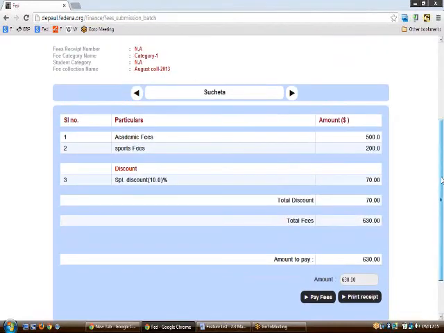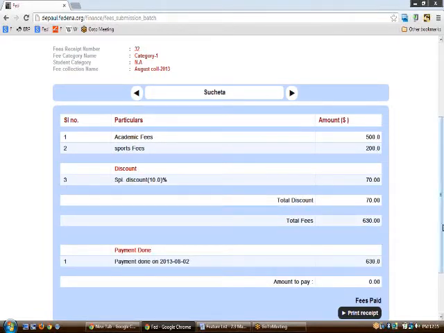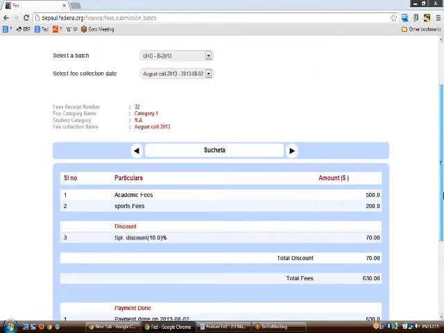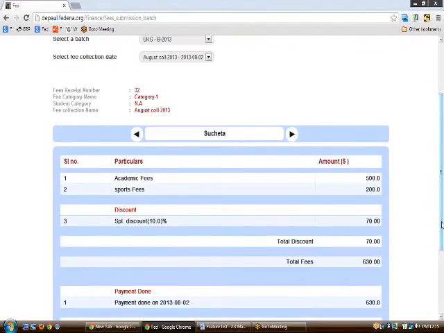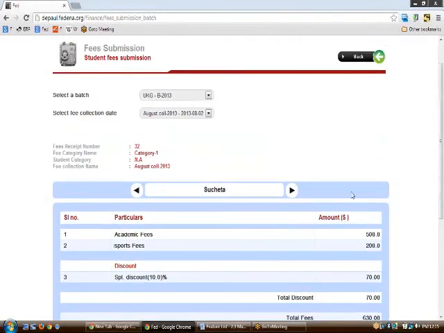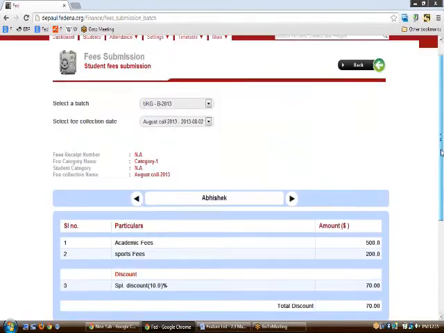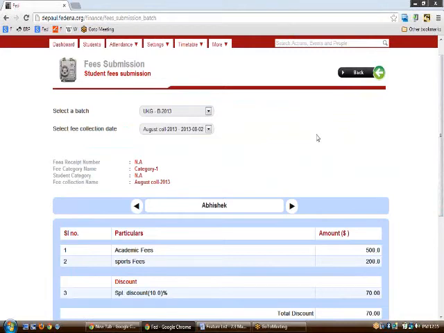Let us say that I'm paying the money for Sucheta, and to do that I click pay fees. Once pay fees is clicked, fees paid would come up on the particular student's fees page, and this would not let her be in the defaulters list.